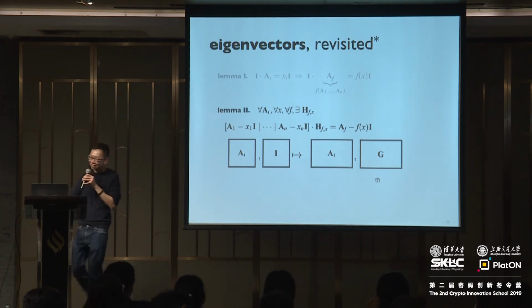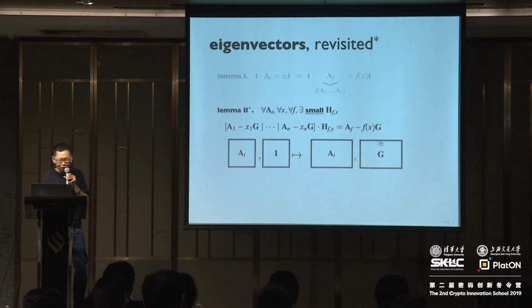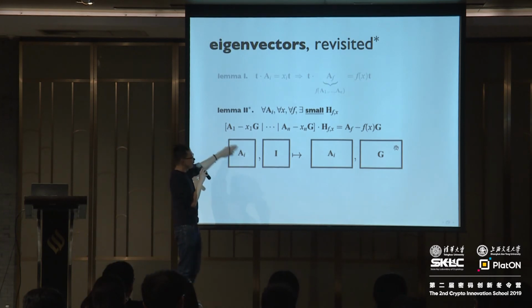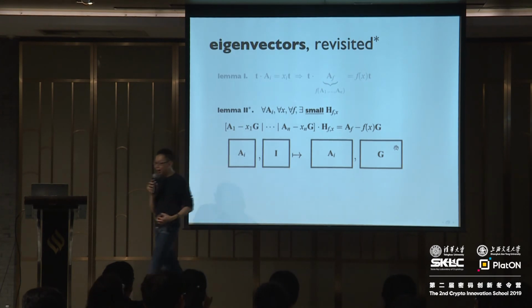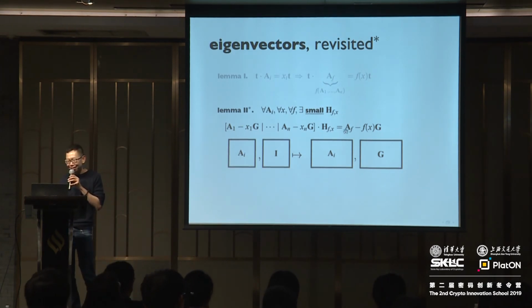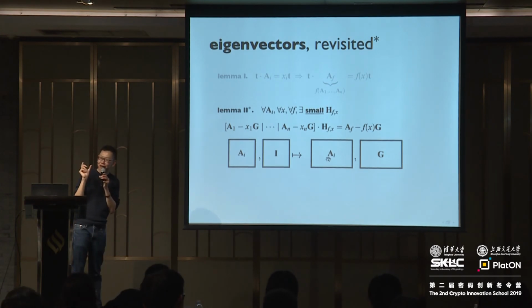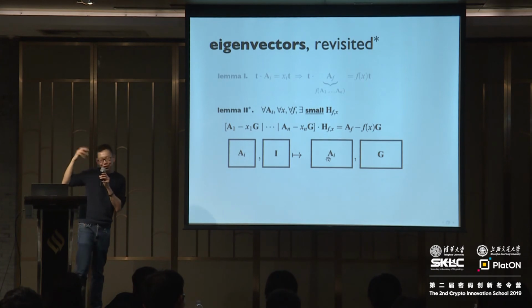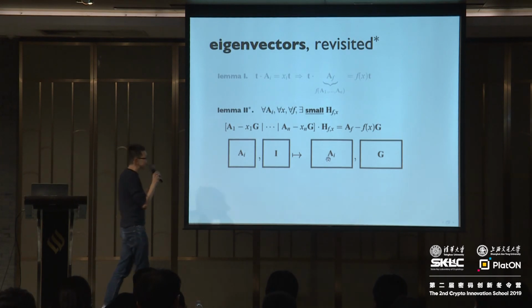So the equation we're going to get now is one where the A's are much wider matrices. So A_i has the same dimension as G, so that A plus G makes sense. And the claim is that the following stronger statement is true. The identity matrix is replaced by this gadget matrix G. There is an A_f on the right hand side. The A_f has the same dimension as the A_i's. A_f is not as well defined as before because you cannot multiply two rectangular matrices together. But A_f is very related to the original A_f. It's as if you multiply the matrices together. So there is some A_f.